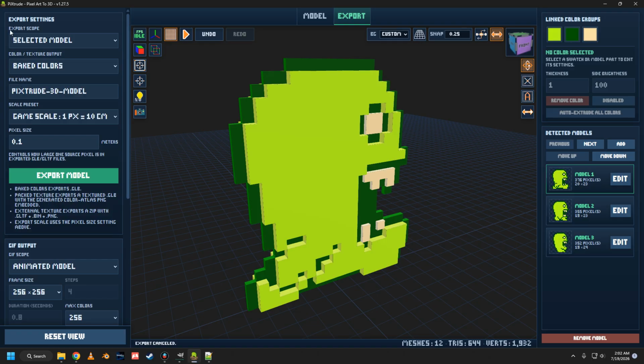left side we have Export Scope, which has Selected Model, export only the model you have selected, All Models, export all models together in a zip file, or Animated Model, export all models together in a single file as an animated flipbook. Next we have Color and Texture Output, which has Baked Colors, Pack Texture in Model File, or Export